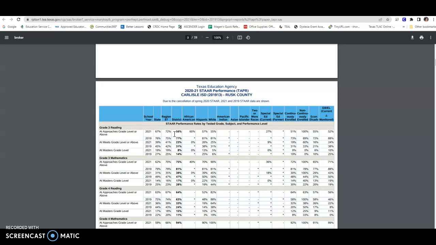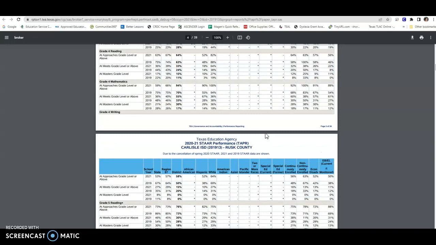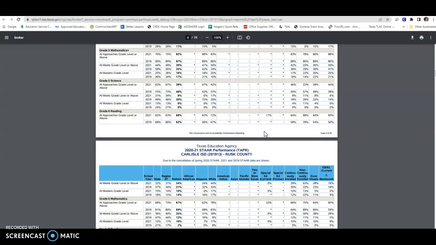Also as a district, there's a big disparity between all students at the approaches level and special education. If you look at the district at 56% and you move to the right underneath each special population, you will notice that each group so far is very comparable until you get to the special ed subpop group. This leads us into deeper investigations using local benchmarks, classroom observations, and special services on how we could better serve these students. As you scroll down in the report,